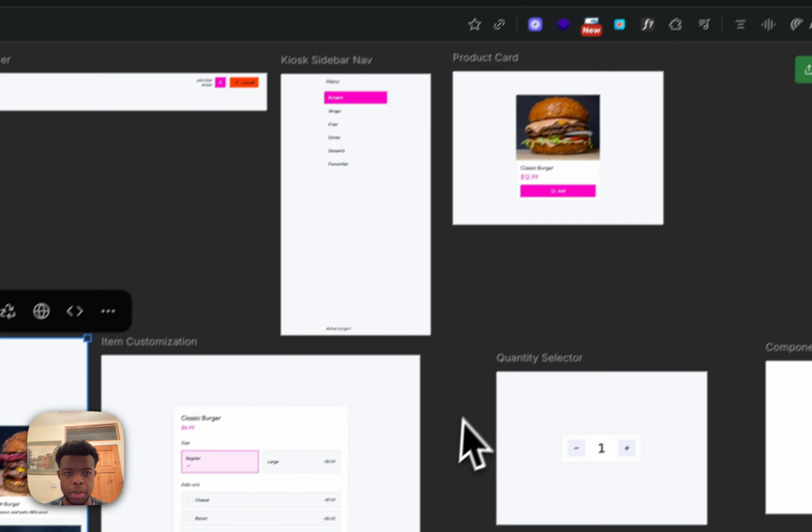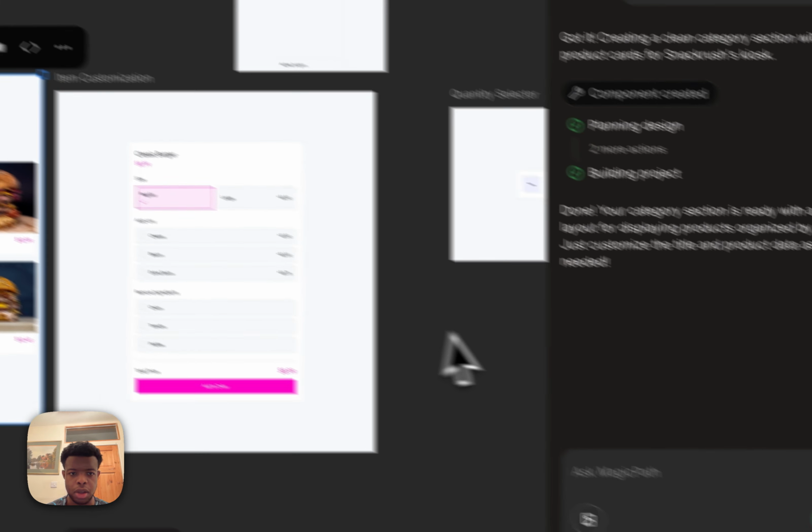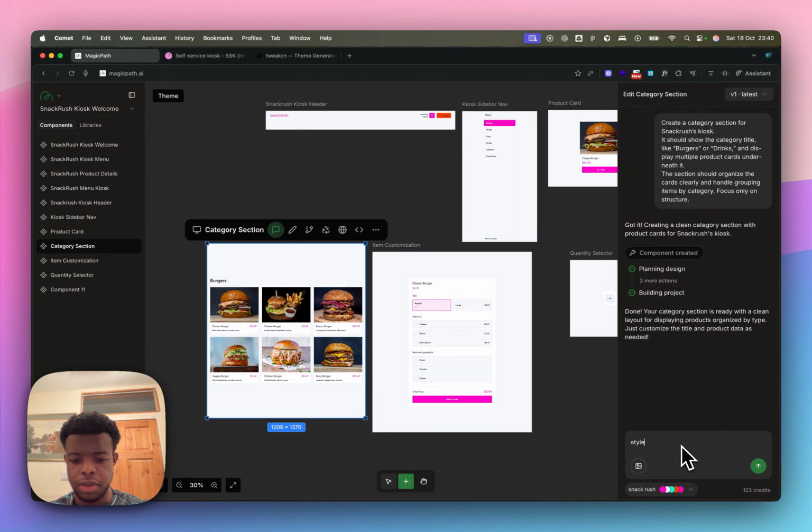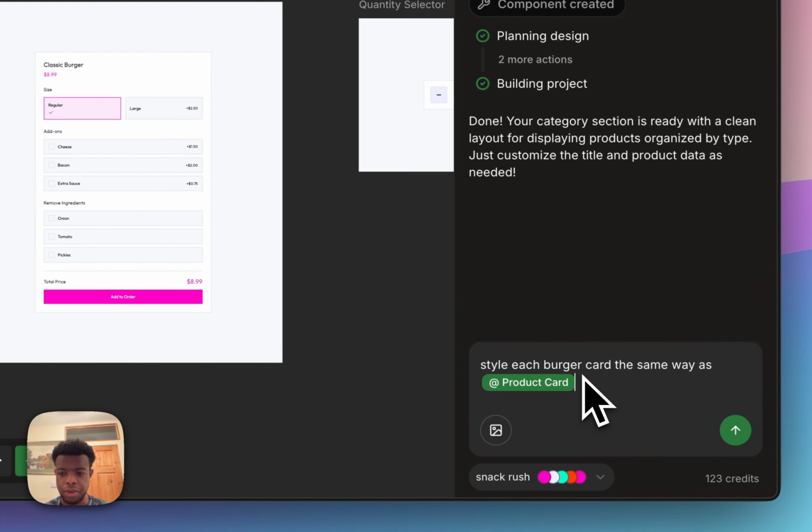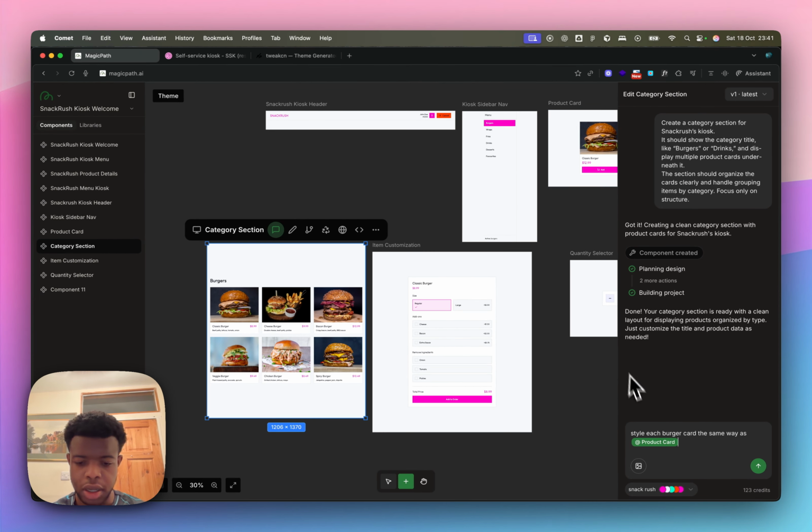I'm going to make sure I have the names visible here because we're going to need them. Come to MagicPath, I'm going to say style each burger card the same way as, and you can press at and type the name, click on it and reference it in your prompt. Product card, also make sure that in the top left of this text card, text info div